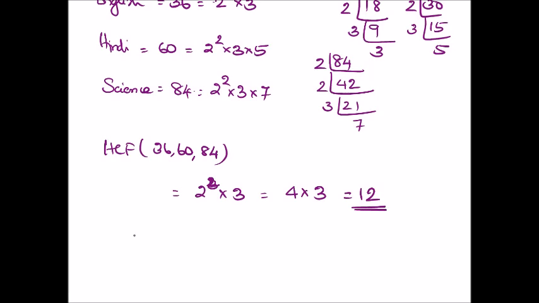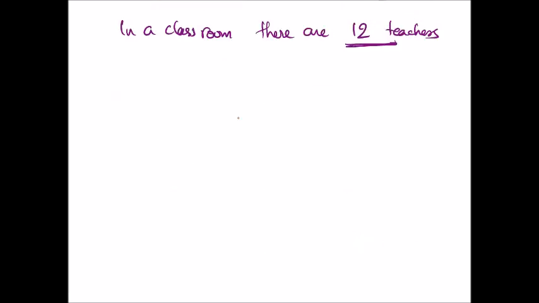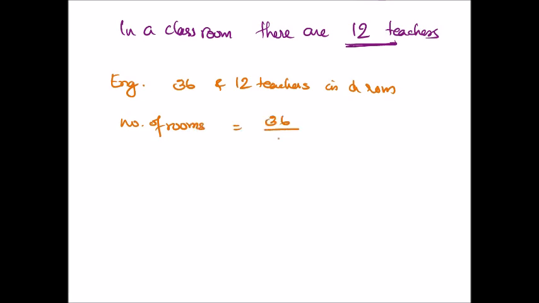So, in a classroom, there are 12 teachers. Now, we need to calculate the number of rooms required for each subject by dividing the total number of teachers of the subject by the number of teachers per room. For English, there are 36 teachers and 12 teachers in a room. Number of rooms for English teachers is 36 divided by 12, that is 3. So 3 rooms needed for